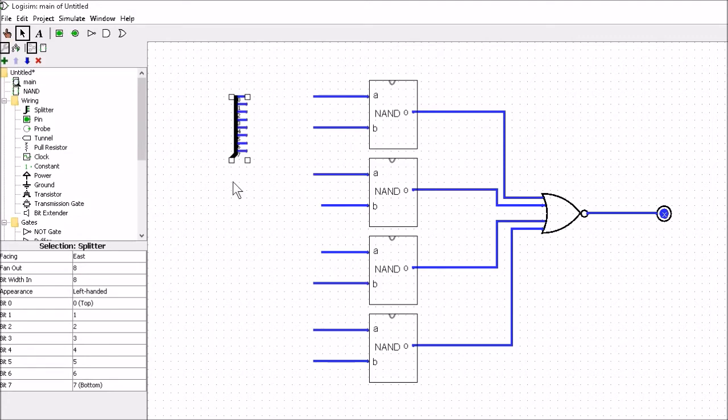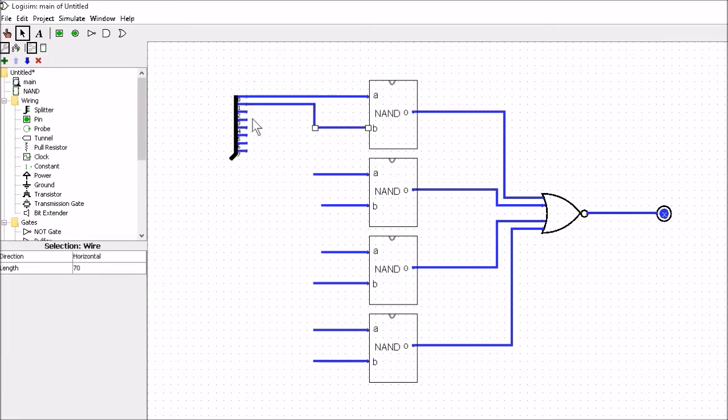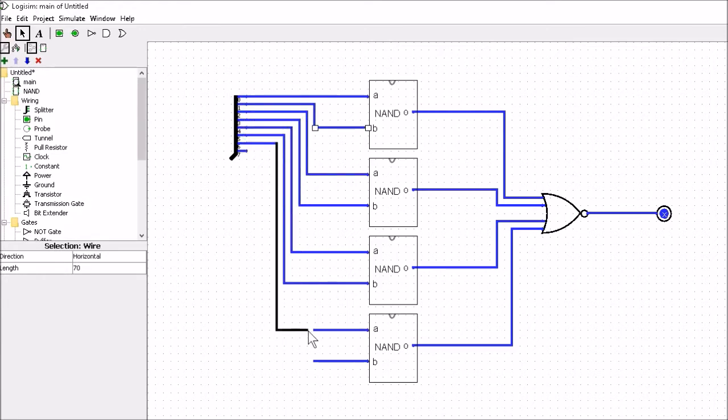Now note here that you've got number 0 to 7 here. You can change these round in a different direction by changing these numbers here. But that's just going to complicate things for the moment. We don't need to do that, so we'll just leave it as is. So let's go ahead and we'll connect the whole thing up. So that's it all connected up.